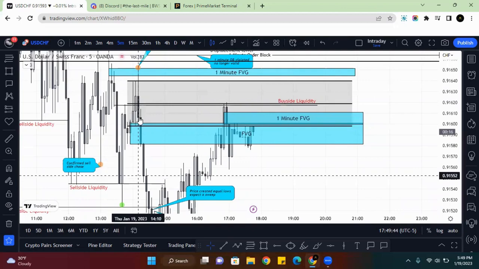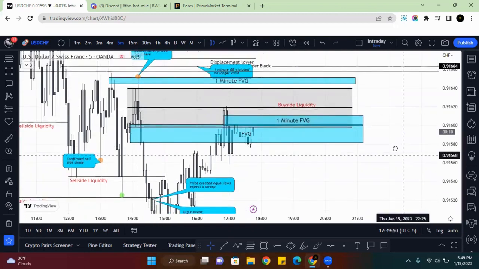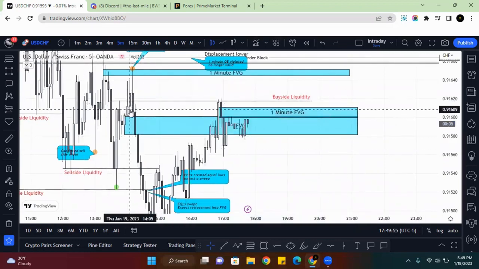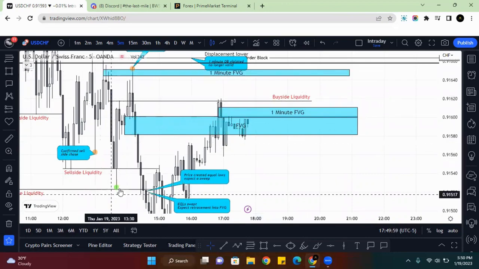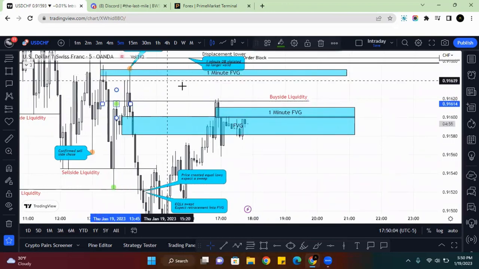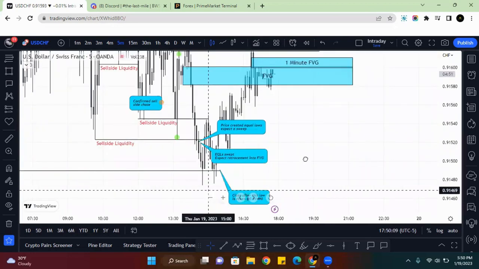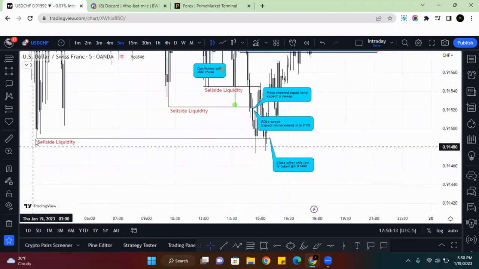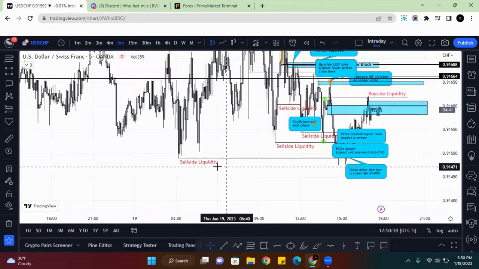If I was not on the 5 minute and I need to see why this dropped so hard, I go down to the 1 minute. The 1 minute always has some type of footprint, right? After that, I'm gonna delete this for now. Price did fall after I took buy side liquidity right here, which I'll mark up real quick with one of these. Price did take a buy side liquidity right here into the 1 minute fair value gap, dropped down to here. My target, and I would have reached it. I was going to close here when it took out the lows to the left here, the sell side liquidity on this low right here. Because if that's what they're chasing, all you have to do is base your target on liquidity.